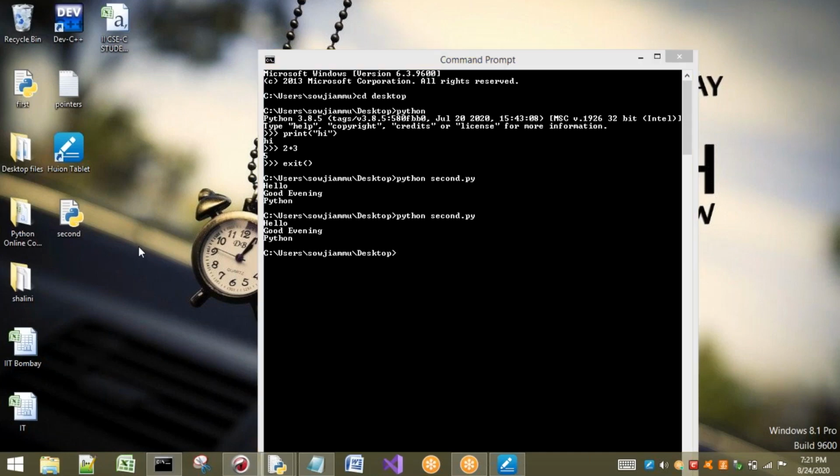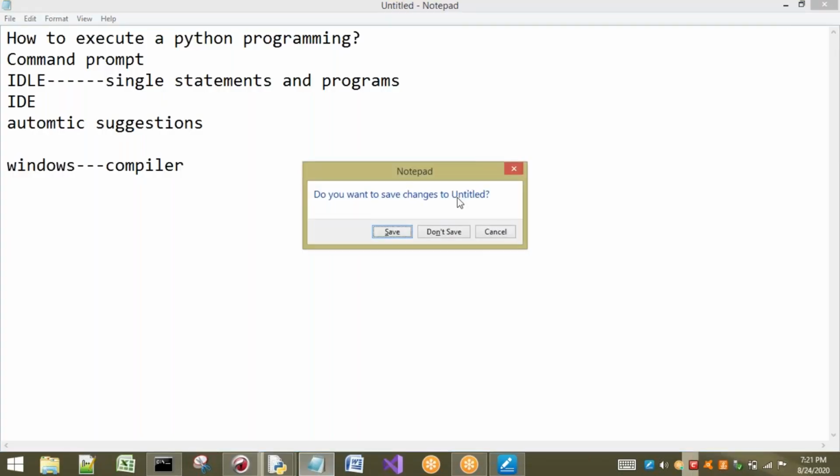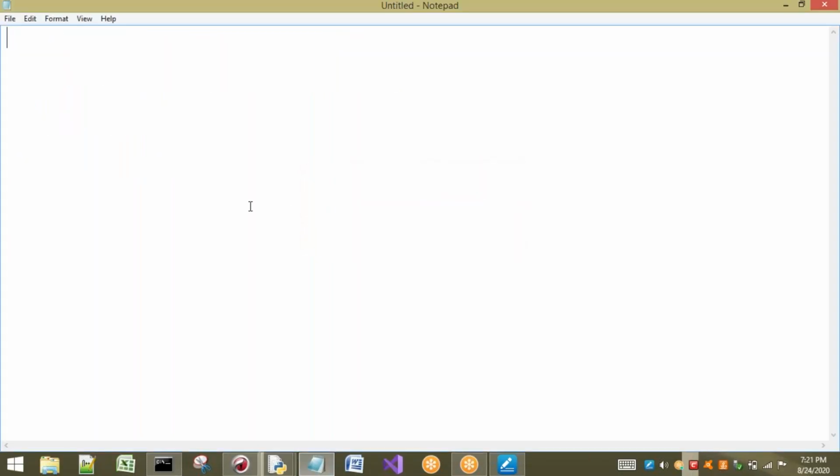But I will write a small program for your sake, so that you can understand the difference. If I consider a Java program, compulsory statements like public, static, and many different things will be there in Java when compared to Python. So Python is a very easy language. In other languages we have to remember many things.